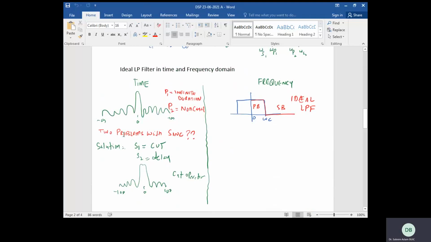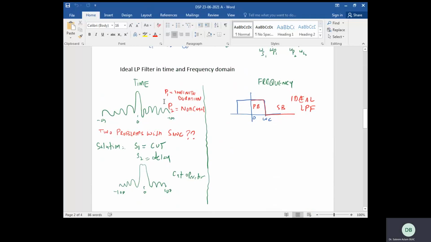So this is a sinc that is running in the time domain from minus infinity to plus infinity. Assume this is the sampled one, not the continuous one. If you take the Fourier transform, you will have this situation, rect. And if you see this red part, this is exactly the low pass filter. You have a pass band which has amplitude exactly 1. You have a stop band which has an amplitude exactly 0, right? So, okay, that's fine. This is the ideal sinc. This is the ideal low pass filter.